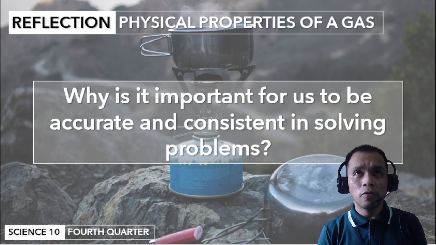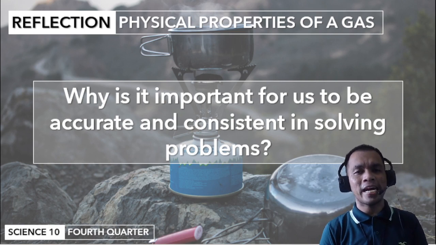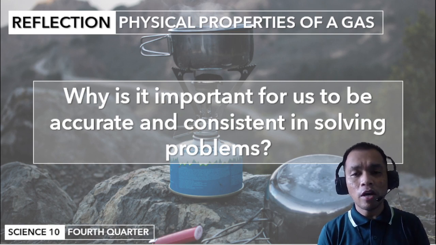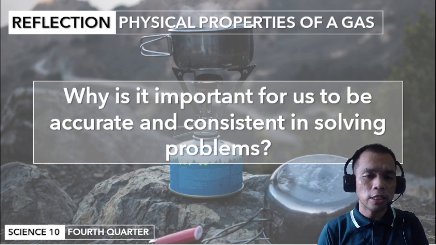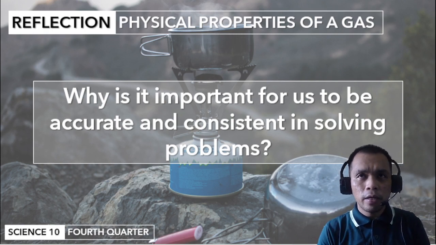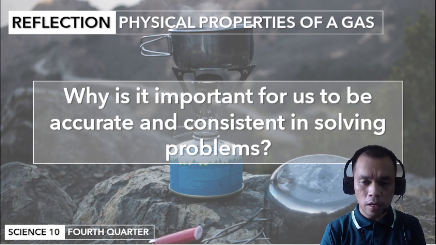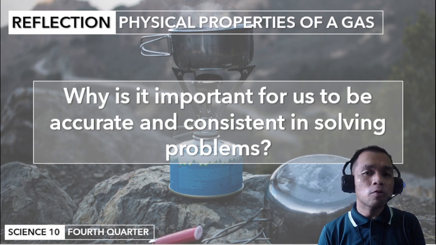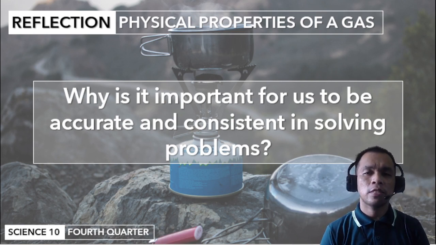In this manner, when we talk about measurements, may it be solids, liquids, or gases, we need to be accurate and precise, and we have to be consistent. It's because if we make a mistake in solving those problems, in trying to determine the amount of something, it might lead to disasters or mistakes. That is why it's very important for us to be accurate at the same time to be precise and consistent in